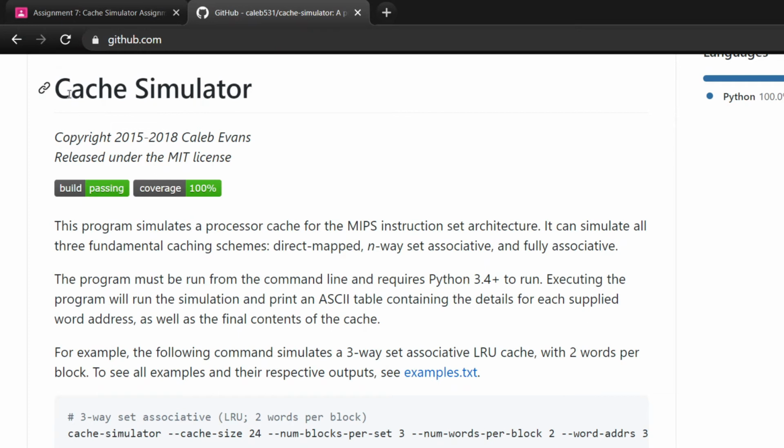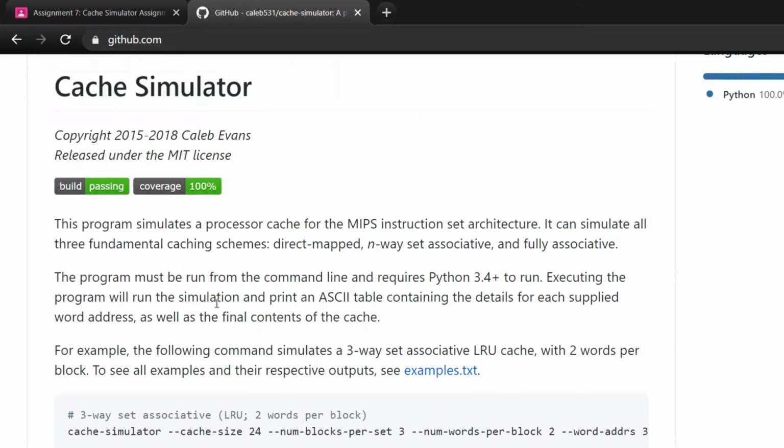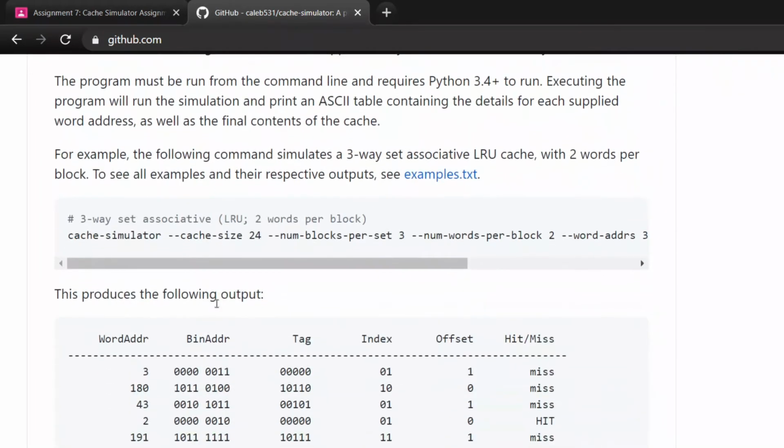Hi, in this video we are going to execute a cache simulator, which is written in Python, and here is the command to execute this cache simulator. First of all this, and then cache simulator, cache size is 24, which we will find by our roll number, and here is the number of blocks per set, which